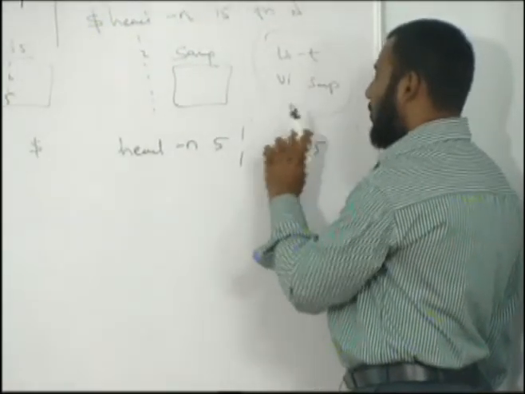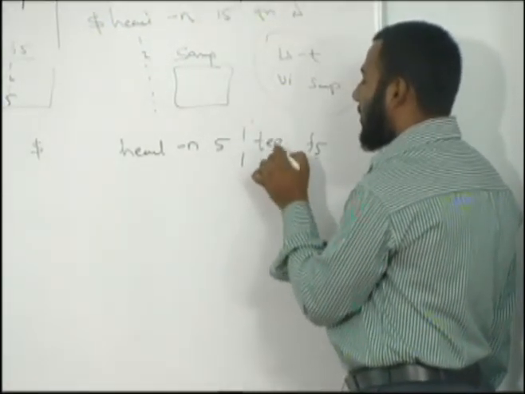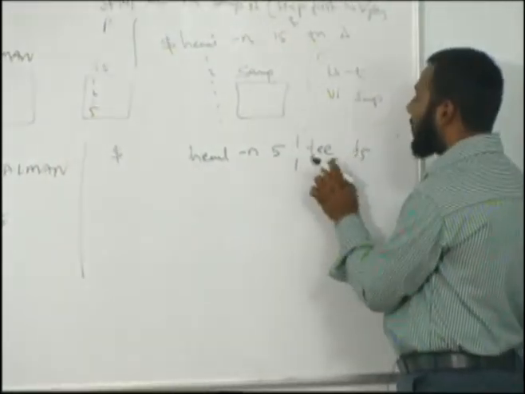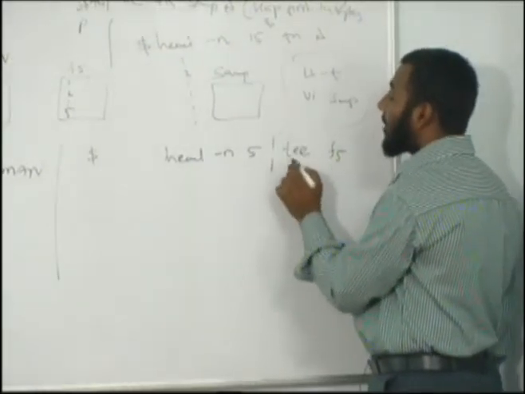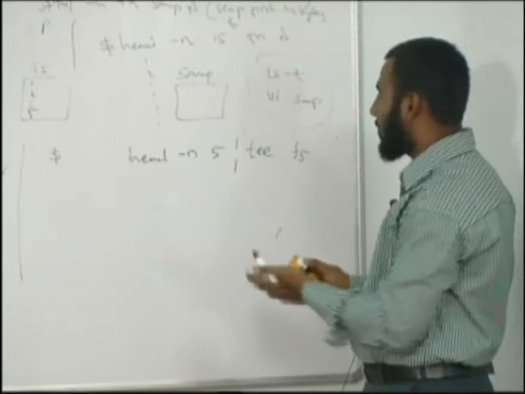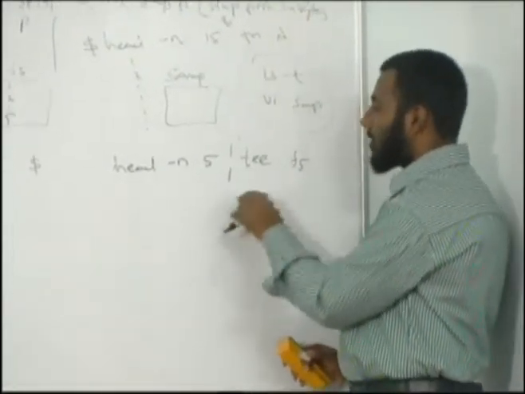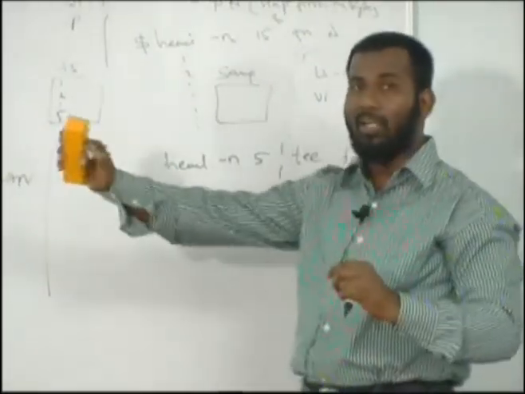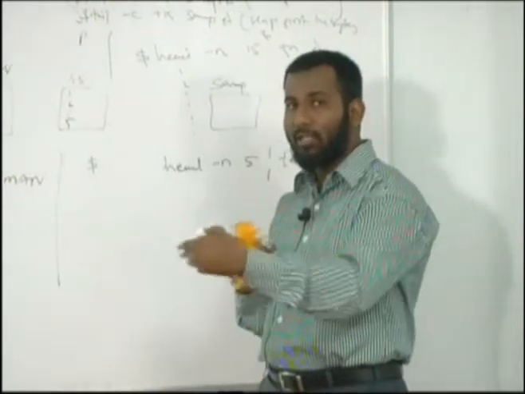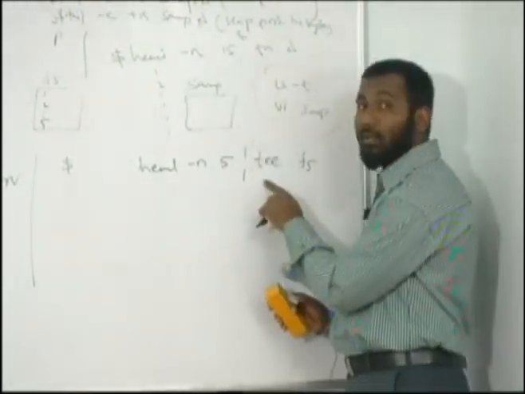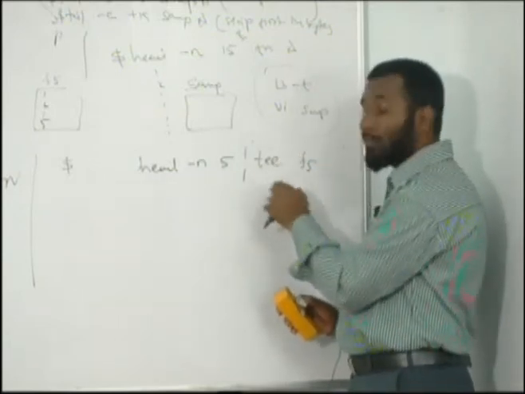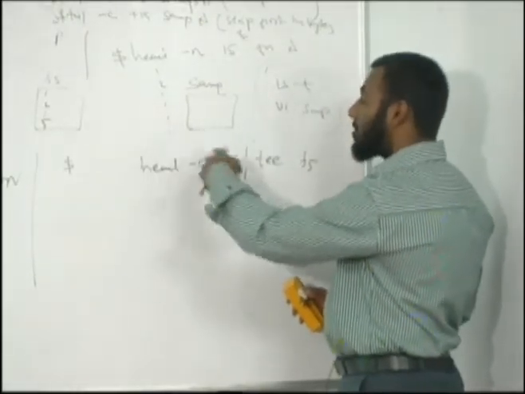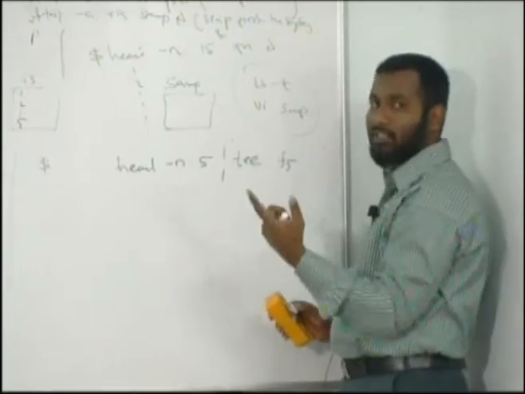Now I want this file to be created. For that I'll use one command called T command. What happens is the output of this command will be saved into this file when we use this T command here. Okay. So generally T command is used for storing the temporary results in the form of files. So this is very important command. Generally, if we write very long commands and we want to reuse some intermediate results, then we can do with the help of this T command, which allows us to store the temporary results or the intermediate results in a file. So this is the output of this command, and I want to save this output into F5. There are many ways. Okay, T is one of them.